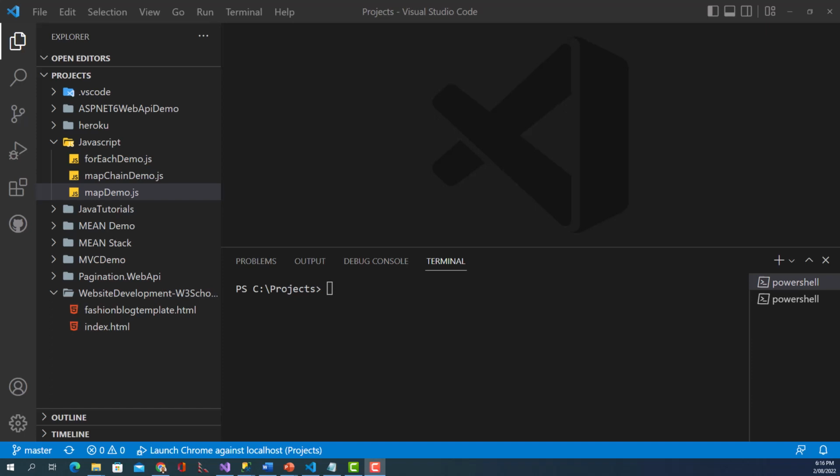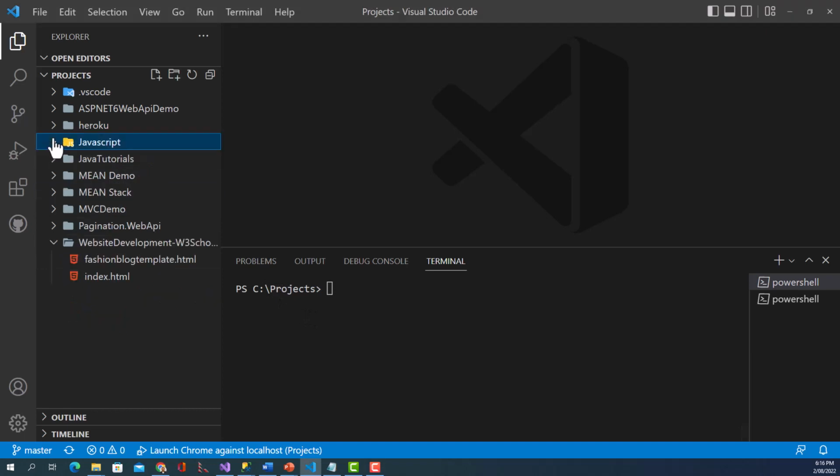Hi guys, so in this lecture we are going to discuss what are the possible ways to create objects in JavaScript. So I have opened my project folder, and remember last time I told you when we discussed map and forEach, the difference between the JavaScript map and forEach and when to use which one. I told you that you need to have Node.js installed in order to run the code snippets directly on Visual Studio Code. And so what we'll do is I have opened the JavaScript folder that we created last time, and